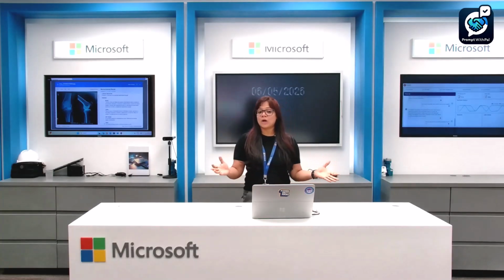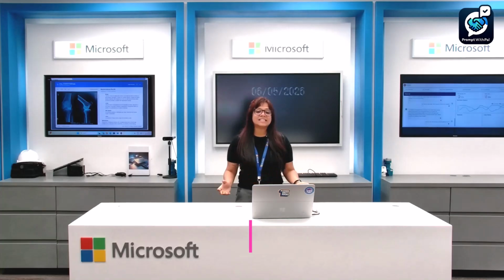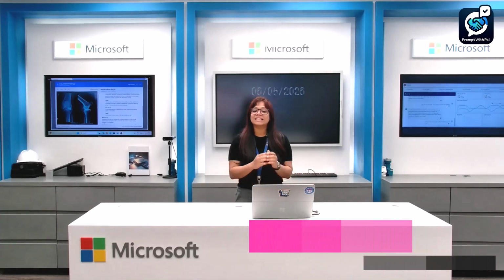We have spoken a lot about AI agents that can reason, plan, take action. But here is the real enterprise question. Where does the action safely happen? Because in the real world, an agent doesn't just answer questions. They may need to open applications, navigate to websites, work with files, interact with legacy systems, and complete a